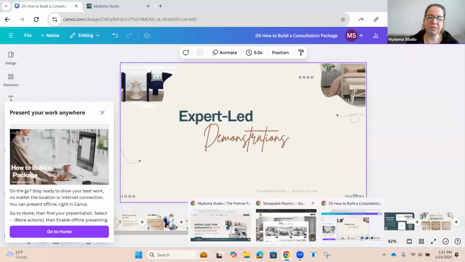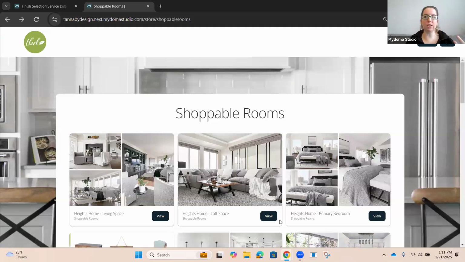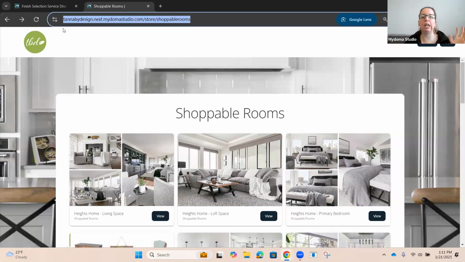So first things first, I want to show you just how a package looks to clients if they were to go to your studio, not necessarily your website, because you can embed these on your website, or you can take the link from here and create a button on your website. We recommend doing it that way just because a lot of people are very peculiar about how it looks on your website. So if you find the package, or I'll show you the link here in just a moment whenever we are actually creating it, but you can copy this link and plug it in on your website to